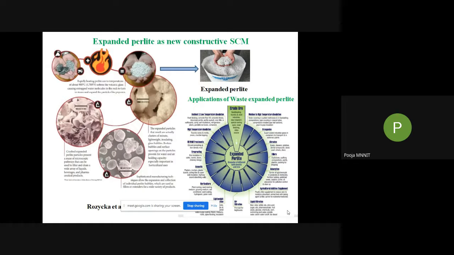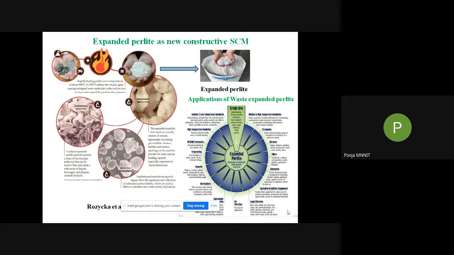Now, the expanded perlite as a new constructive supplementary cementing material. Expanded perlite is an amorphous, highly porous, granular material of volcanic origin. It has two main components, aluminum oxide and silicon oxide. Raw perlite ore is mined in the volcanic areas, crushed, and screened into different sizes before being sent to the